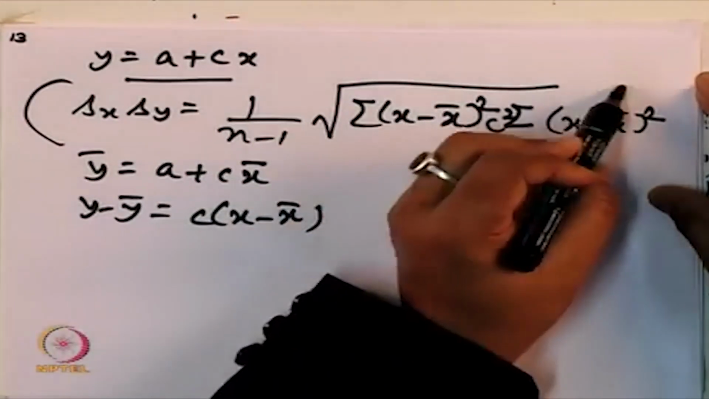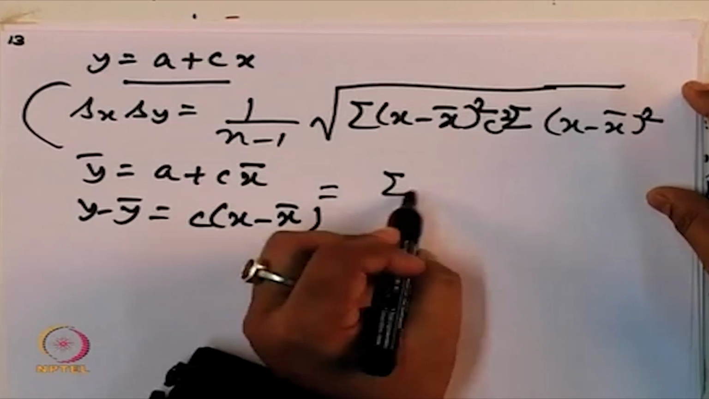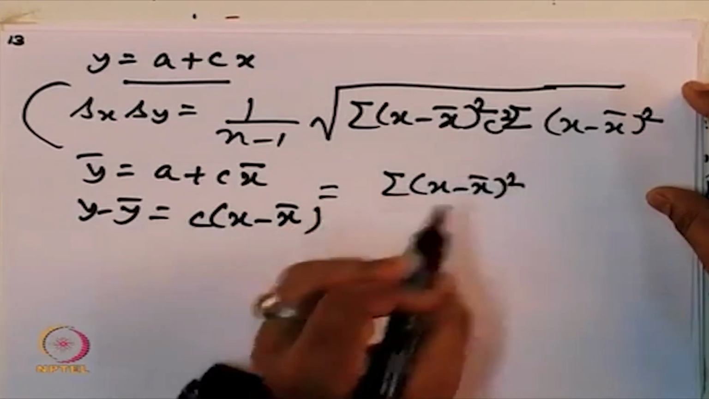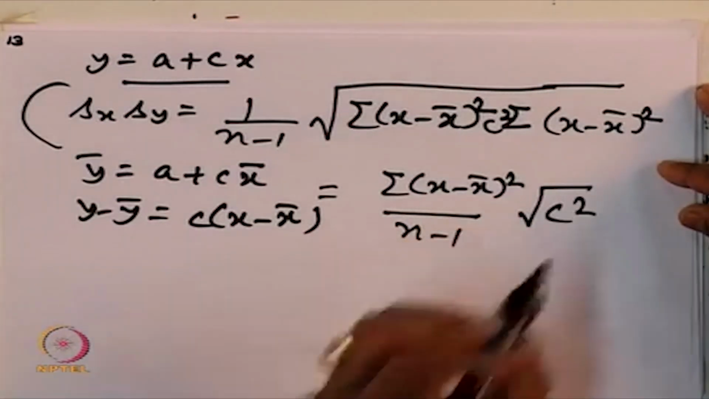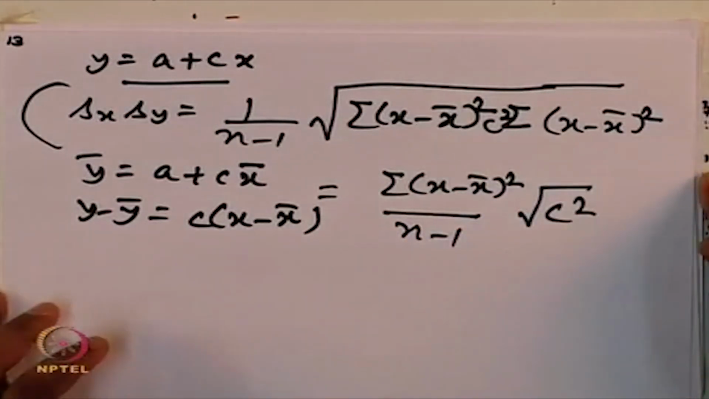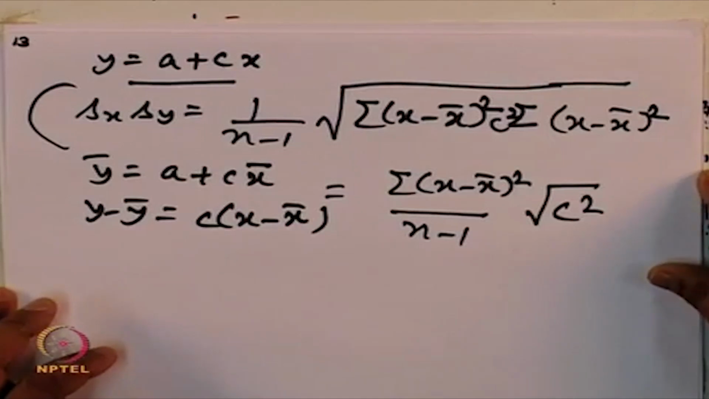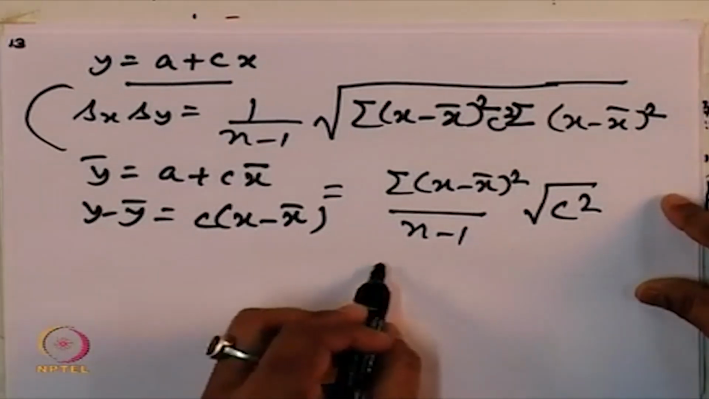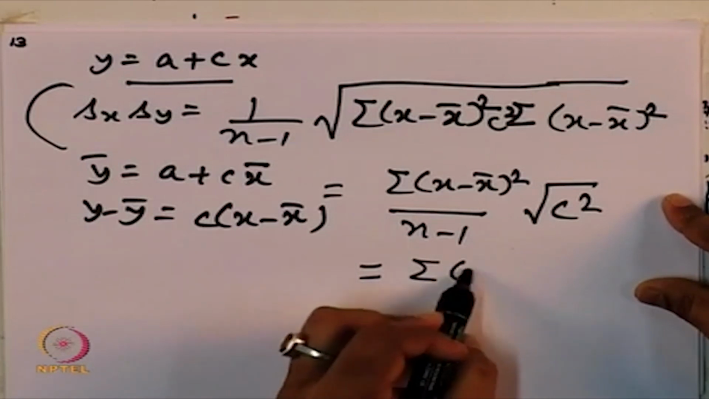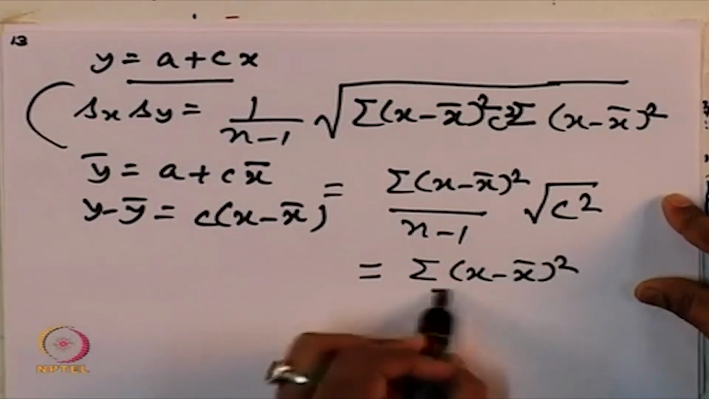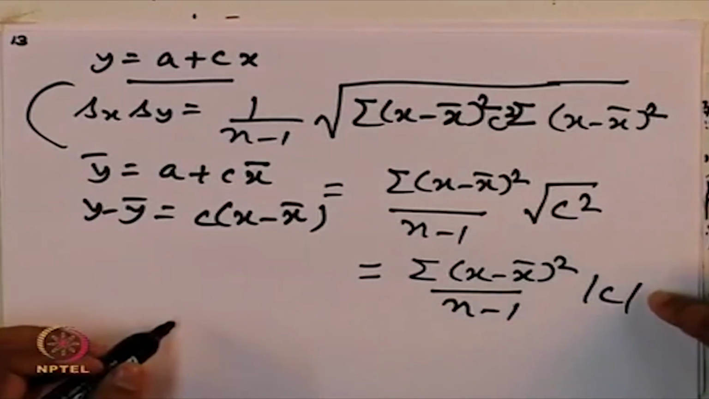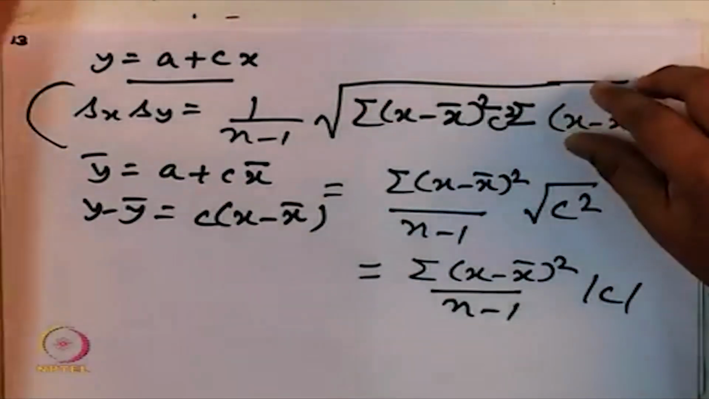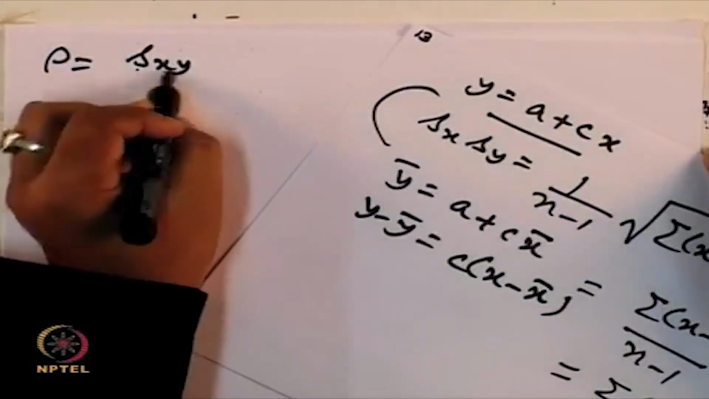Okay. So, under root I can take it out, which is equal to summation of (x minus x bar) whole square by n minus 1 into root of c square. So, this is what I have. I can write it as summation of (x minus x bar) whole square by n minus 1 into mod of c. Okay. So, if I do this, then my rho is defined as sxy by sx into sy,